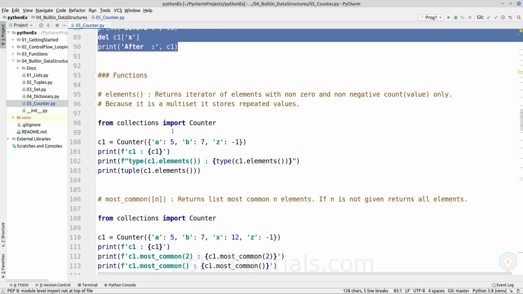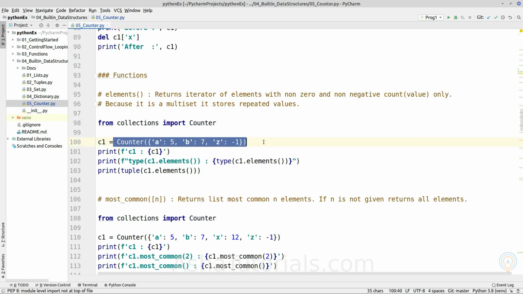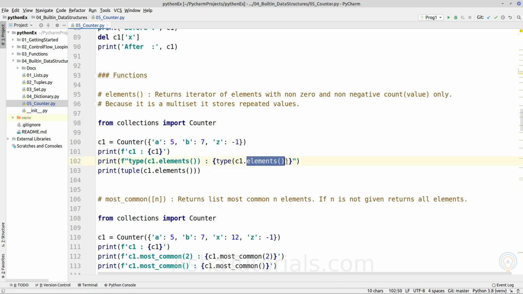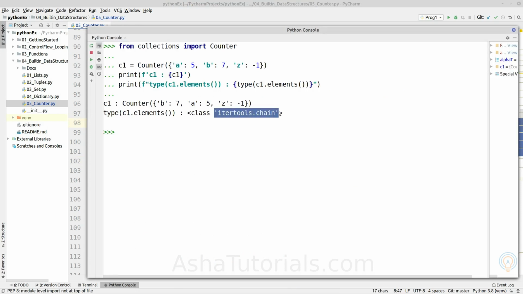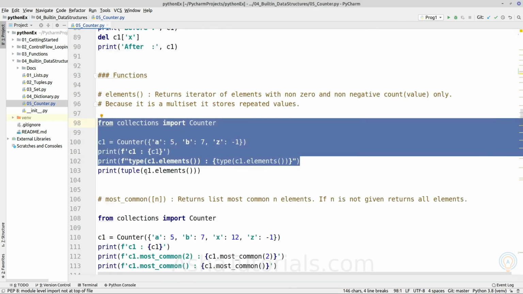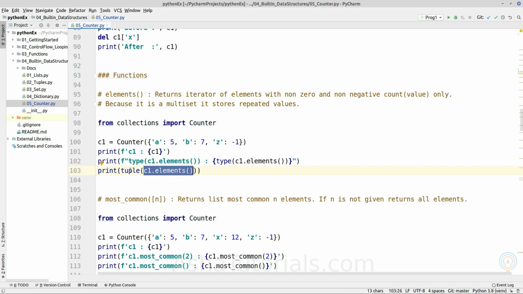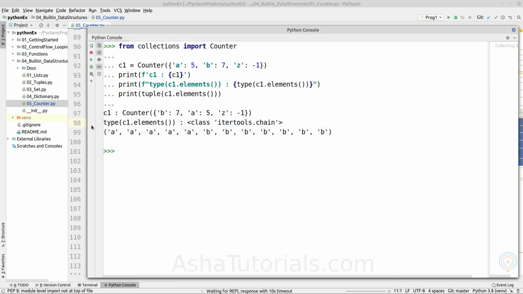So the first function is elements, which returns an iterable of elements which have non-zero or non-negative values. Okay, so we have a counter object, and if we execute the elements method, it will return an iterable object, and if we collect the elements into a container such as a tuple or list object, it will have all the elements of a given counter.